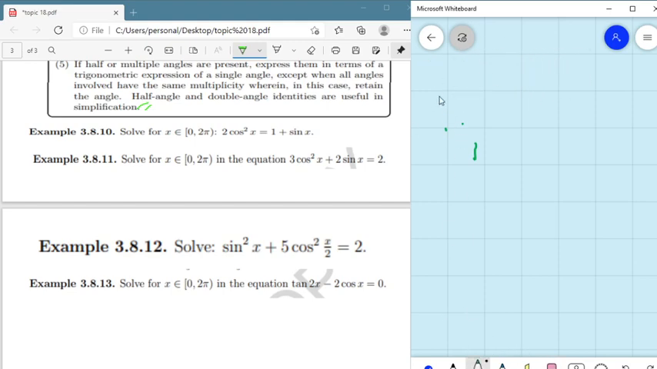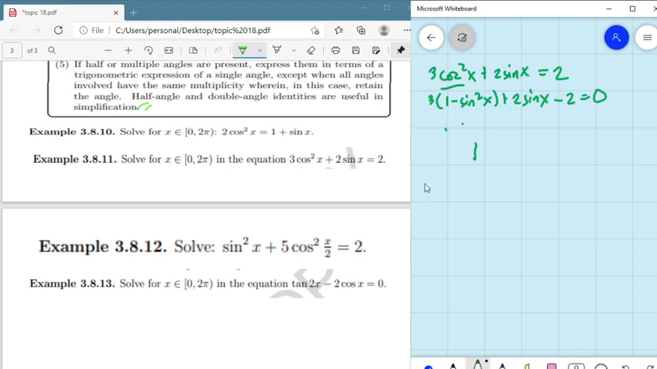Okay. Number 11 is 3 cosine squared x plus 2 sine x equals positive 2. So the first thing to do is to convert this so that they have the same function. We cannot convert sine x to cosine, but cosine squared we can convert. So 3 times cosine squared, which is 1 minus sine squared x, plus 2 sine x minus 2,